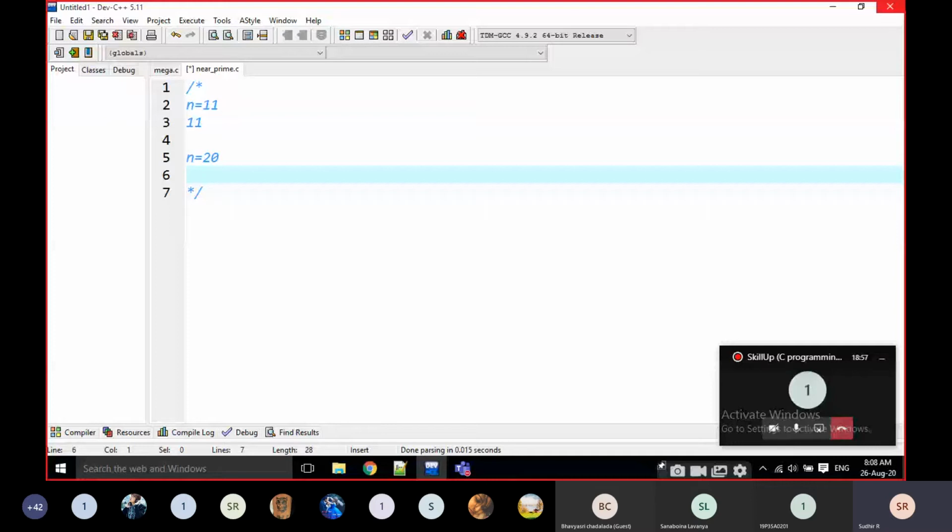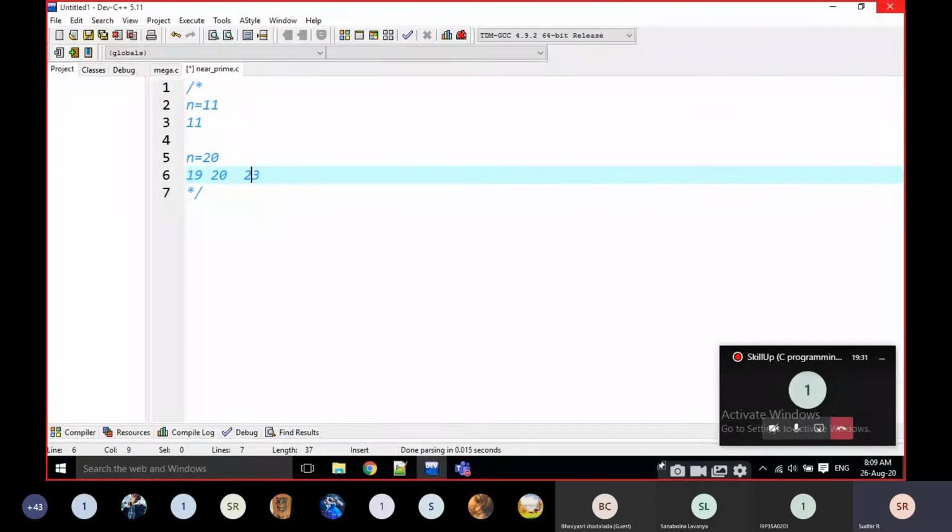Every time, we have to find the left prime and the right prime of 20. What is the left prime of 20? That is going to be 19, and the right prime is 23. In between these two numbers the 20 is there, right?